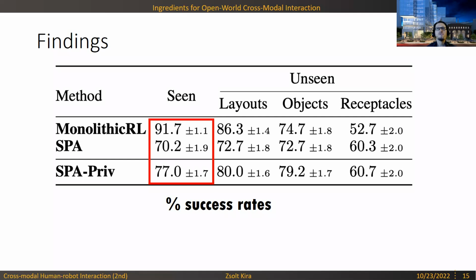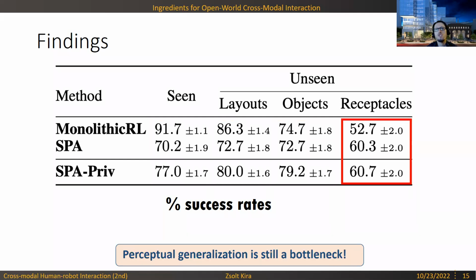So here, reinforcement learning does a lot better in scene environments because we are doing very large scale training. But as new things come into environments, we really lose this generalization. And so perceptual generalization is still a bottleneck. Of course, there's generalization to the actual objects with respect to the manipulation, but in this case, manipulation was sort of simplified. So a lot of this comes from poor generalization in terms of the perceptual feature